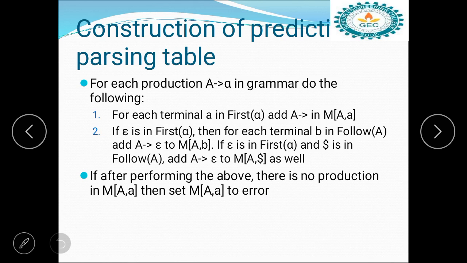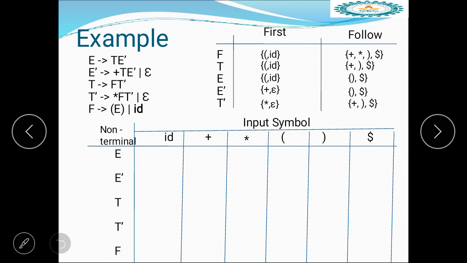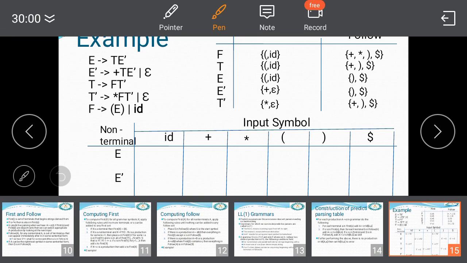Let us see this example: E tends to T E dash, E dash tends to plus T E dash or epsilon, T tends to F T dash, T dash tends to star F T dash or epsilon, F tends to open braces E close braces or ID.